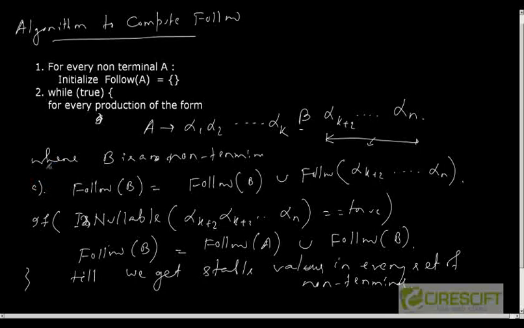Okay, so in this way we compute the follow function. We iterate over every non-terminal, and for every non-terminal B we take a production where B exists in the RHS. Suppose the production is of the form alpha 1, alpha 2, ... alpha k, beta, alpha k plus 2 to alpha n. Then what we do, we first